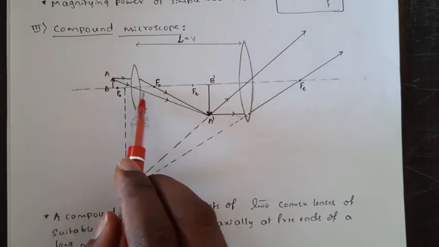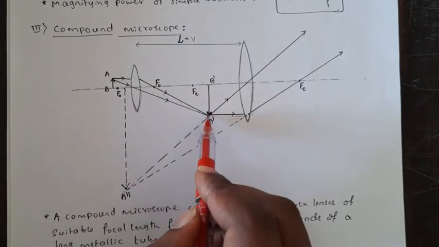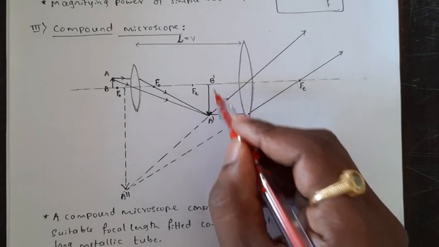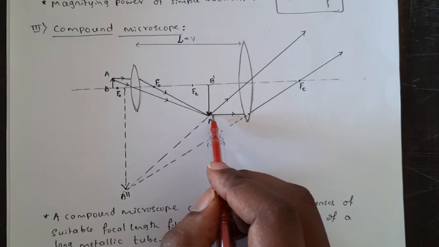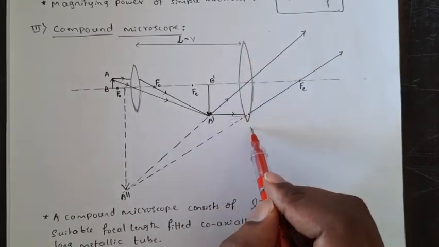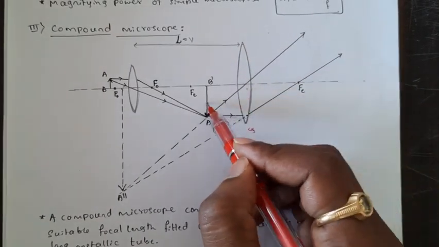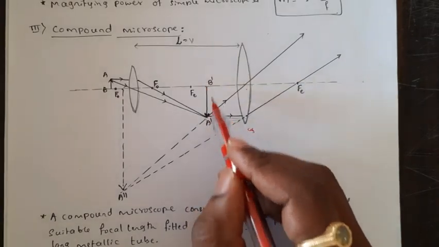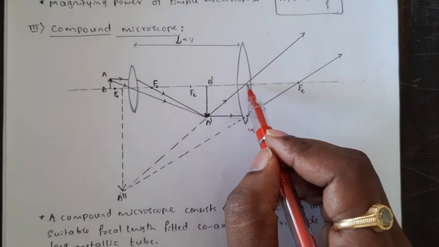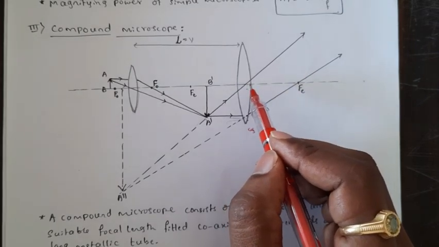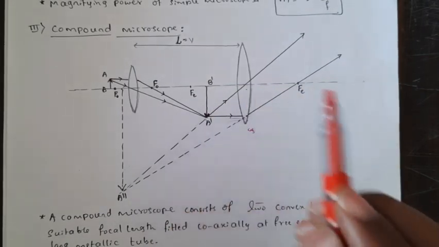See here, this is the ray diagram. One ray is passing undeviated and the other is passing parallel, so it has to pass through f0. So the image forms here, and I call it a dash b dash, the image formed by the object lens. Is it clear? And here we have one more lens which is called the eyepiece. Now a dash b dash is acting like an object for the second lens, and we have to adjust the eyepiece so that a dash b dash lies within its focal length fe.